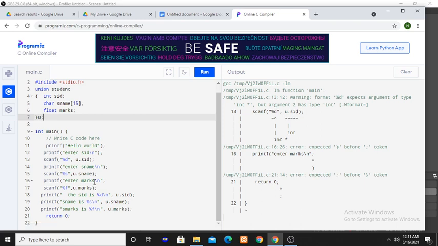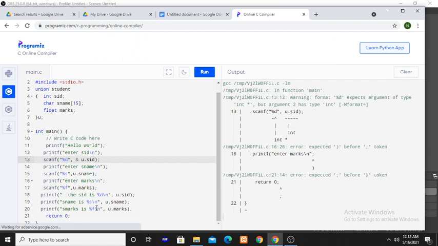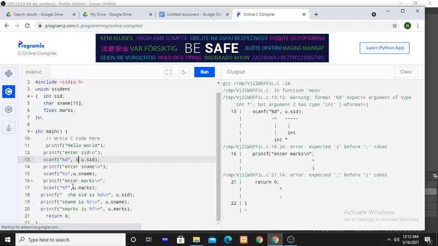Whatever SID value you entered is overwritten with the student name, and whatever name you entered is overwritten with the student marks. Here the error is actually that the ampersand is not used, and here also the ampersand is not used.